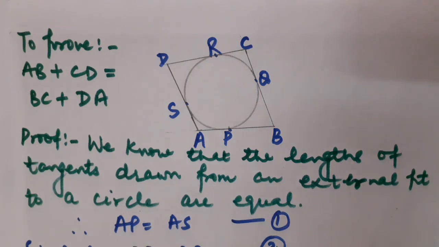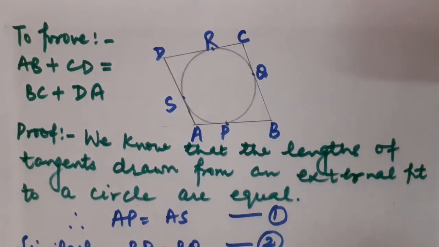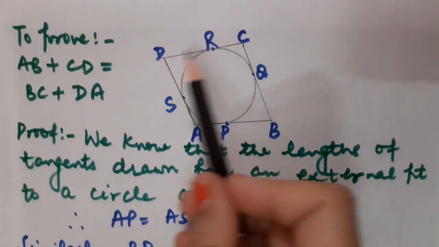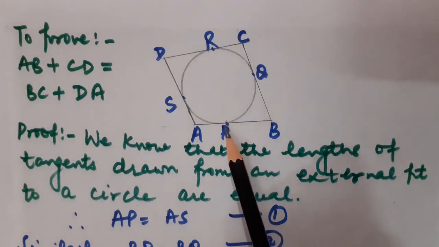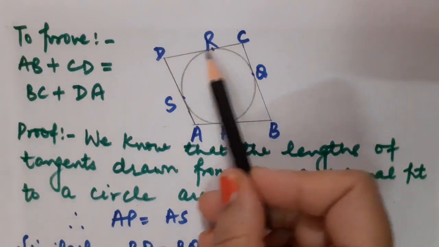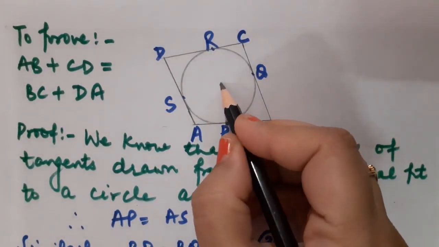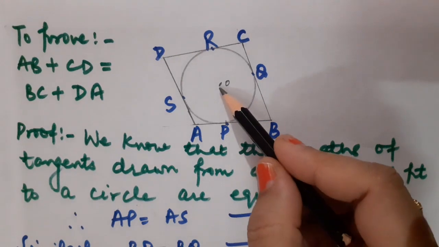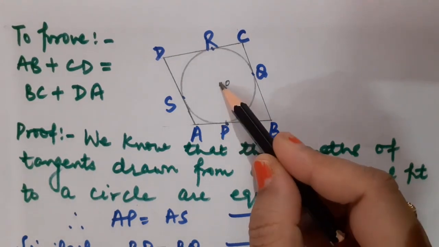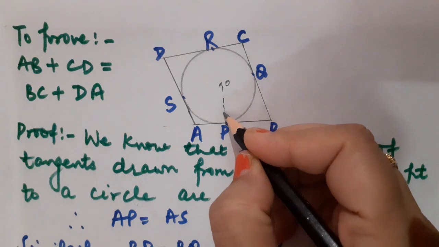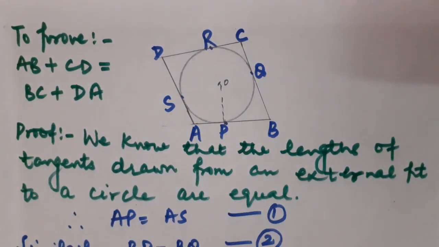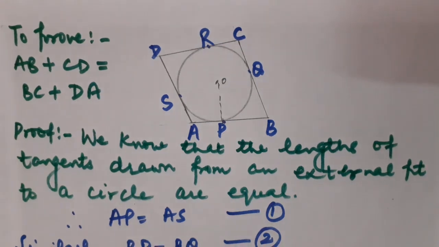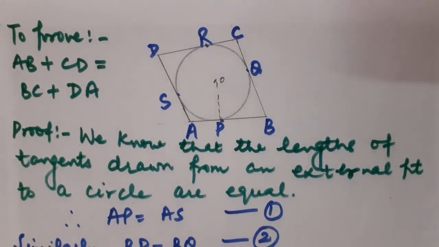Fine children. Just tell me one thing. Will sides AB, BC, CD and DA not be tangents to the circle? Yes, of course, they all are tangents. They have different points of contact, that is points P, Q, R and S. Suppose I take the center point O and join O to P. Will it not be perpendicular? Of course, because the radius is perpendicular to the tangent. But this theorem I am not going to apply over here. I am applying theorem 10.2.